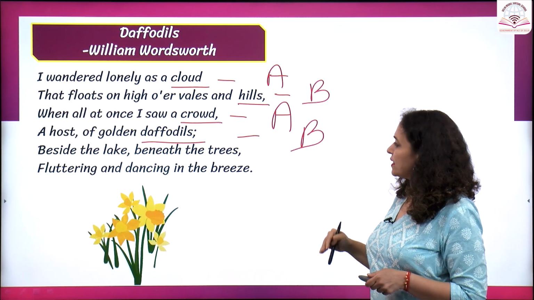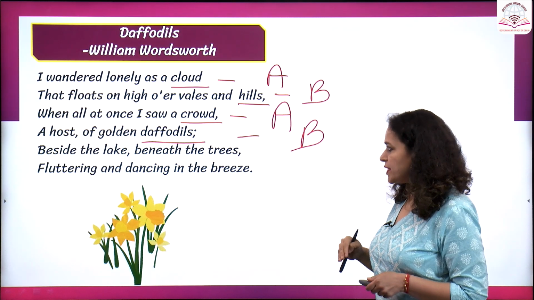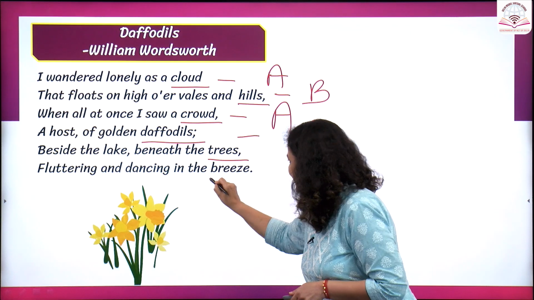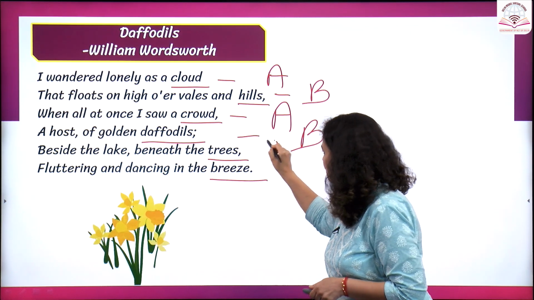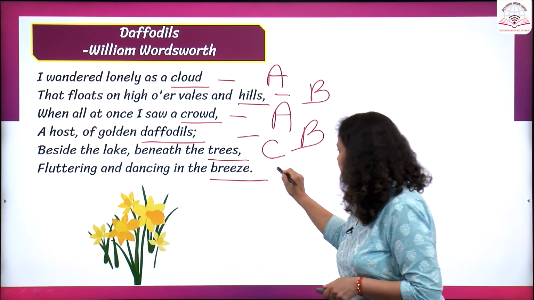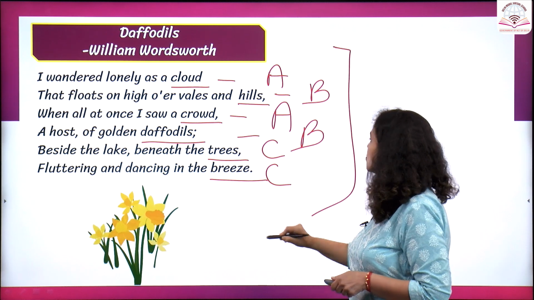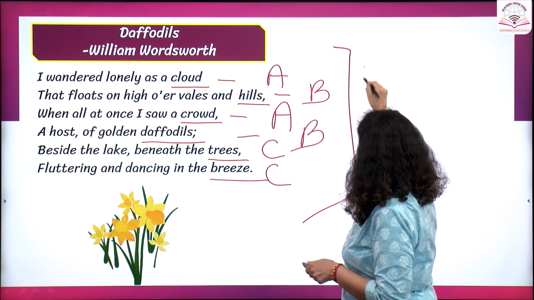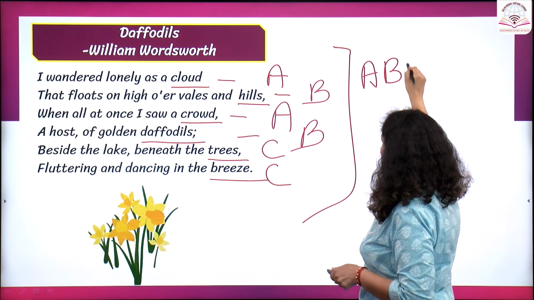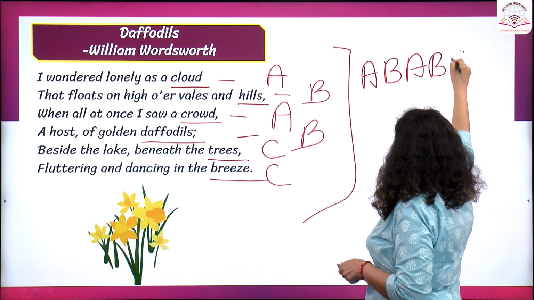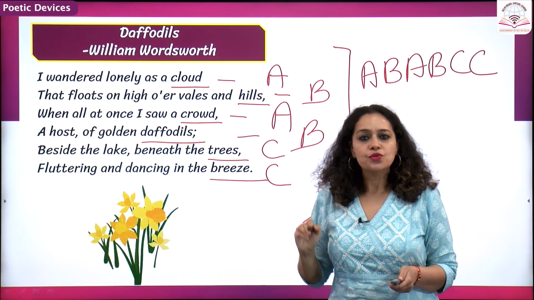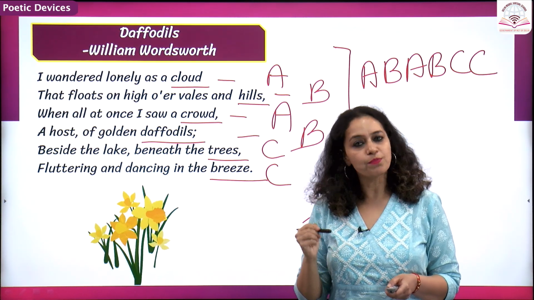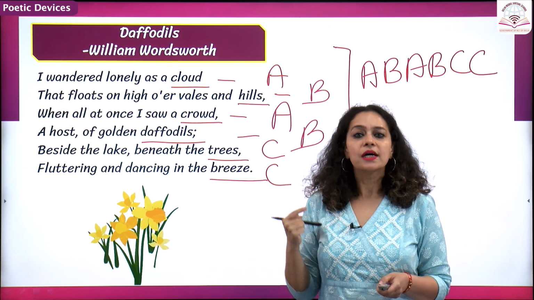Now the fifth line is beside the lake, beneath the trees, and the last word is trees, that rhymes with the last word of the last line, breeze. So I'll write C for trees and again for breeze, C. So if you're asked to identify the rhyme scheme of this particular stanza, it would be A, B, A, B, C, C. So just to recap students, today we have done rhyme, the importance of rhyme, rhyming words, types of